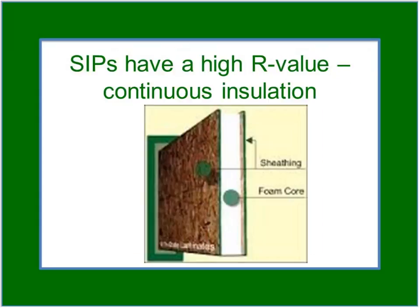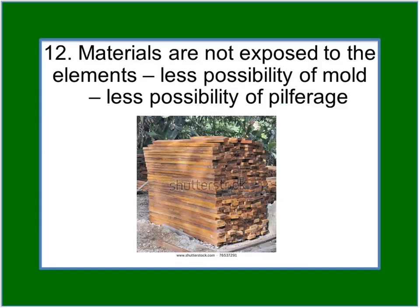SIPs in particular have a very high R value. There's continuous insulation, so there are no 2x4s in between the insulation. The people that are using SIPs love it and find it's very efficient, and there are builders around the country that only build with SIPs because they're so efficient. And again, as I mentioned, materials are not exposed to the elements, and there's less possibility of mold and of course